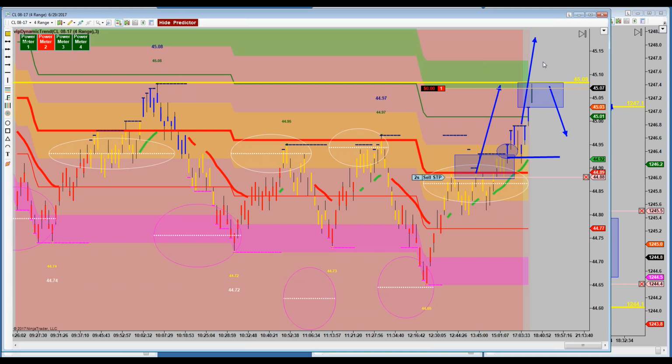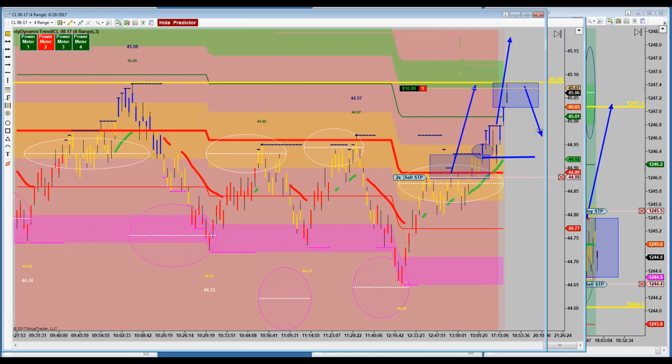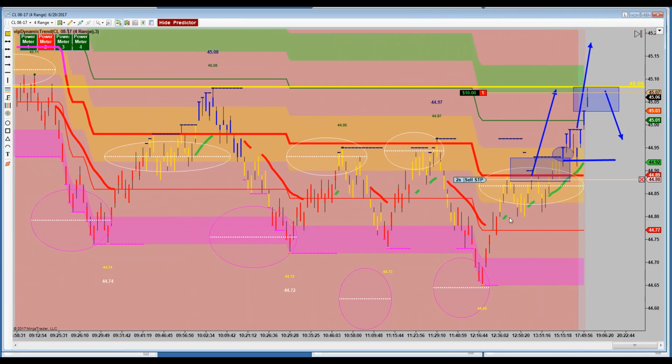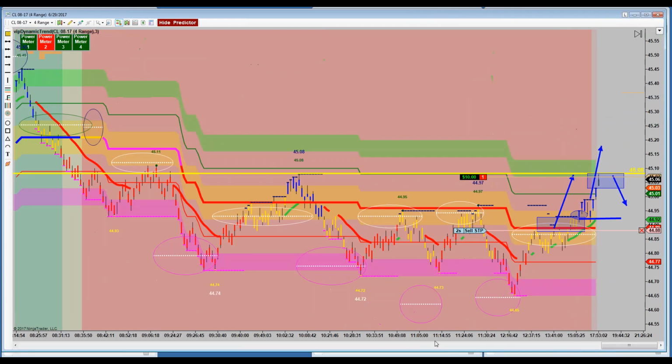So that begs the question to the team. Now that we are short, we're in it, we have to decide what we're going to do with it. And that means stops, and that means targets. At what point up here do we want to say on this short, let's see if we're filled on gold, not gold in the box, that we want to get out of the short? How far up should we put our stop?